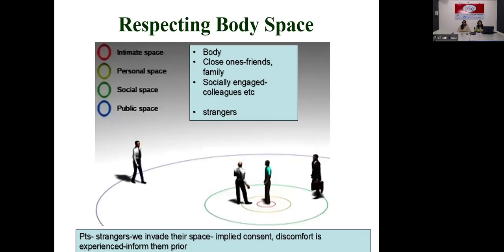So obviously there is something called body space, which we would be familiar with. Respecting this body space is very important. We have this intimate space where we allow only very, very close people, most probably our spouse or parents. And then we have our personal space where we might have our close friends and other family members, and then we have the social space where we